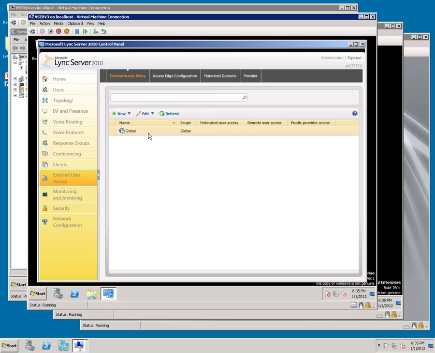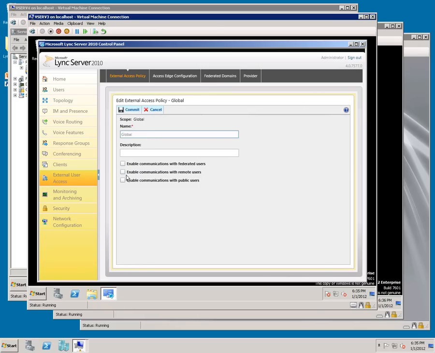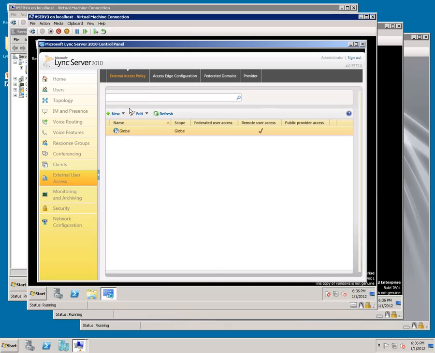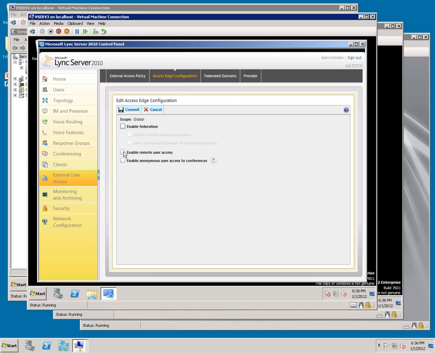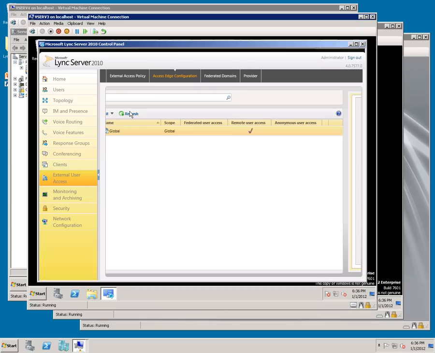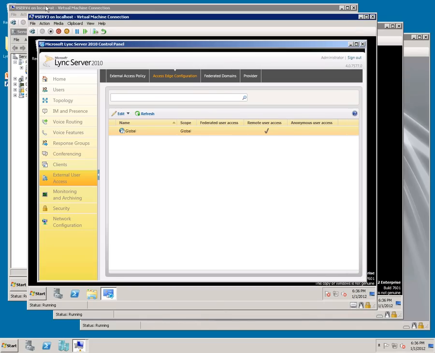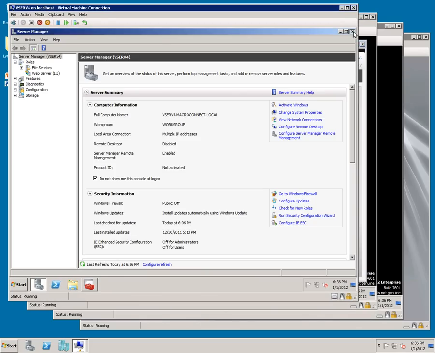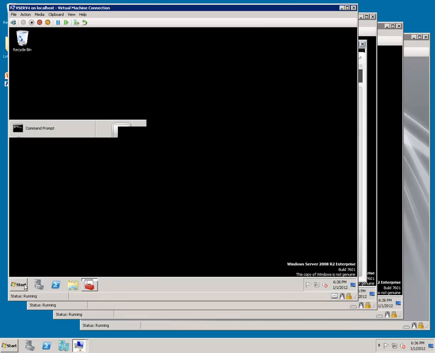Double click on the External Access Policy. Remote Users. Click Commit. Then go to the Access Edge Policy, double click on it, enable Remote Users and Commit. Now go to vserv4, close out of the Server Manager. We're going to pull up the Deployment Wizard again